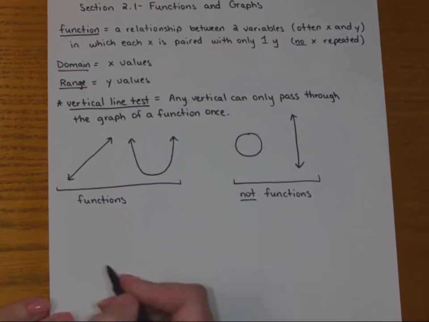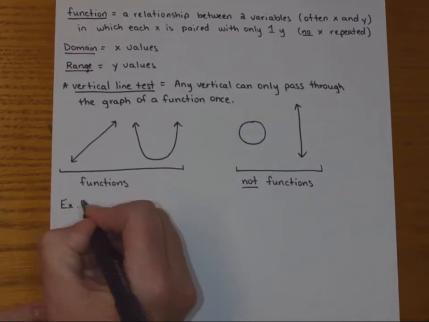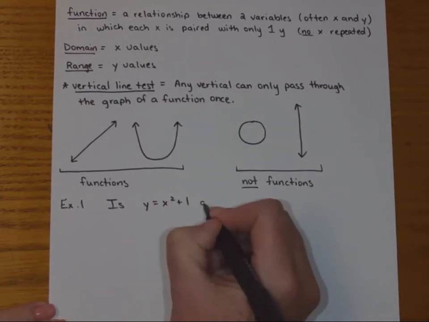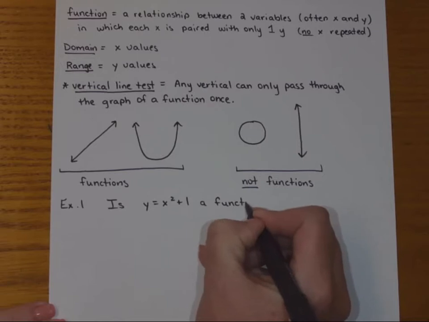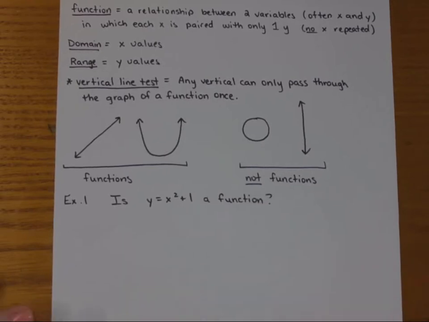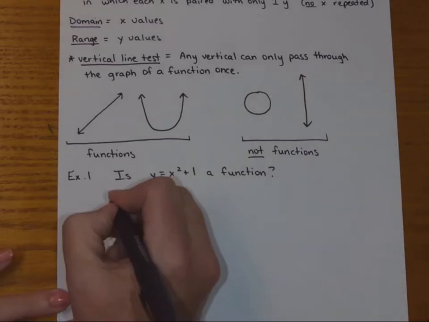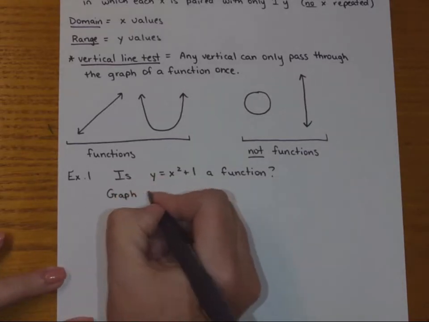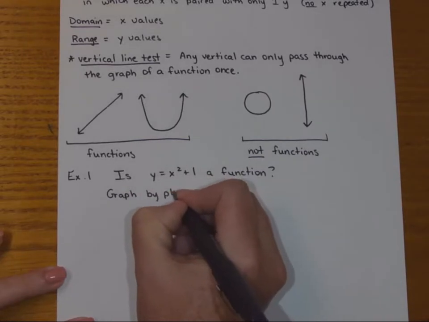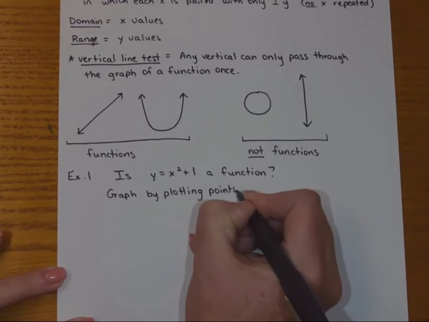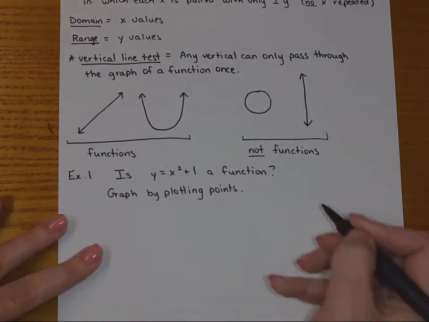Okay, so the vertical line test can be really useful, but what about when you don't have a graph? Well, sometimes we will probably benefit from either looking at a graphing calculator or just plotting a quick graph, and then we can perform the vertical line test. Okay, so let's say we wanted to know if this is a function, and maybe we don't have a calculator on hand. So your fail-safe is always that you can plot your own points and then connect them and figure out what shape you have. And we do that